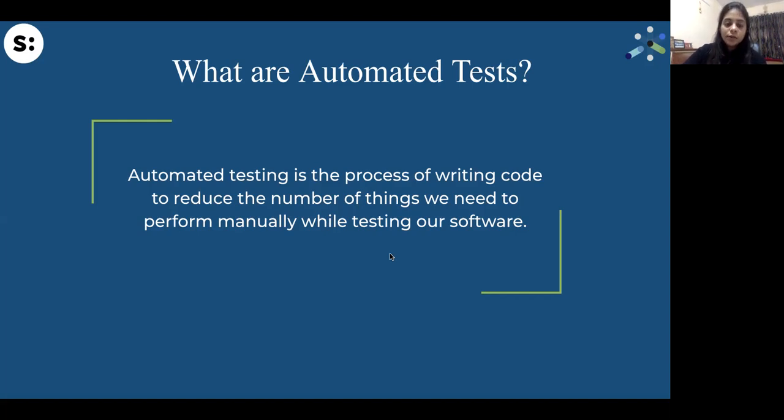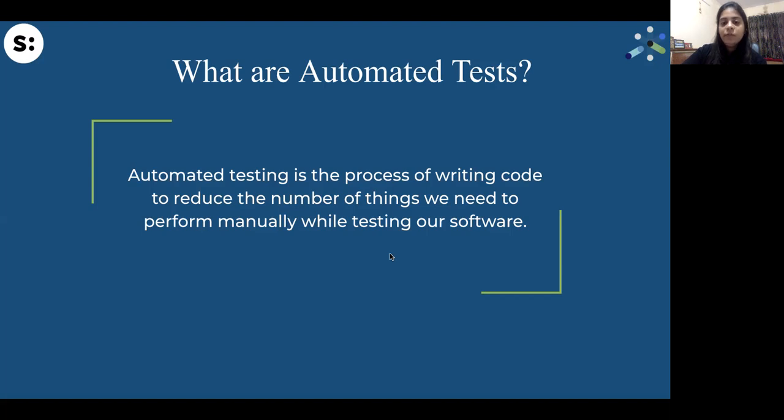So there are always those tasks that we know we have to go and check on our applications: are these things working fine, are these scenarios working correctly or not. What automated testing does is that we write the same checklist, the same scripted set of tasks, in the form of executable code.